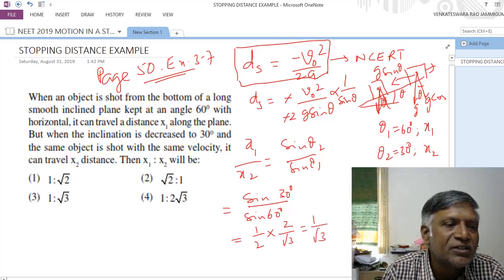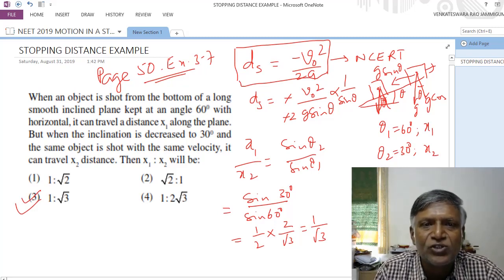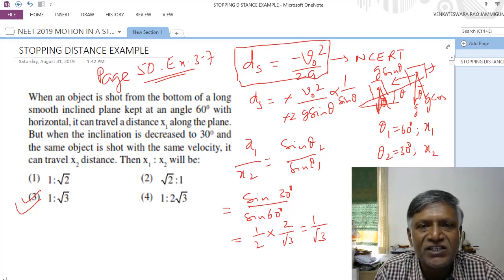So what is the answer? See how simple they are giving in the NEET examination. So try to understand the concepts. Thoroughly prepare the NCERT textbook. That is like the Bible, Ramayana, Mahabharata, Bhagavad Gita and Quran. Whatever you want to understand, you can understand. They are giving very easy, direct questions in the 2019 paper.